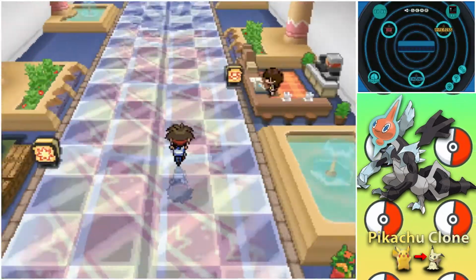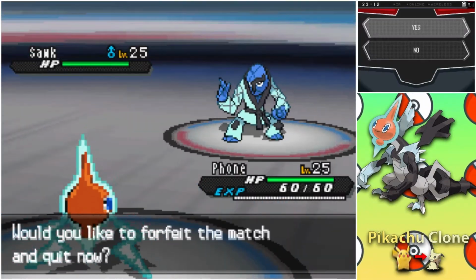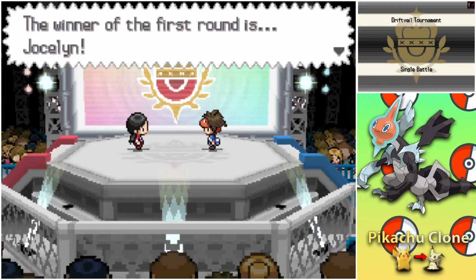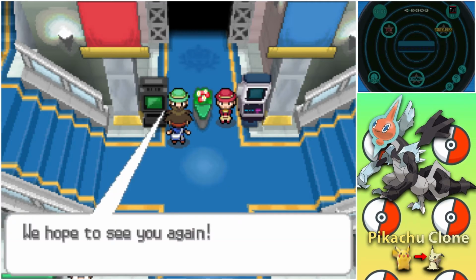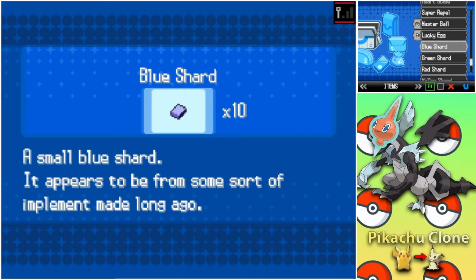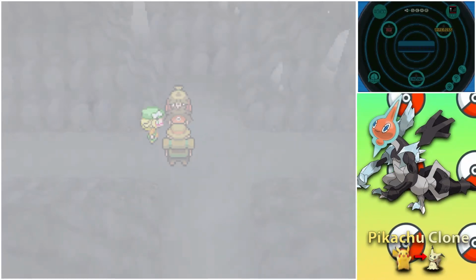You can buy blue shards from the antique shop in Joint Avenue, but I can't quite get many people to enter Joint Avenue, so we just go forfeit the Pokemon World Tournament, because that seems like the next best option. After like 20 minutes and 30,000 battles later, we finally obtain our 10th blue shard, so we replace Confuse Ray with Dark Pulse. The next day, we make our way through Reversal Mountain with Bianca, and the very first battle